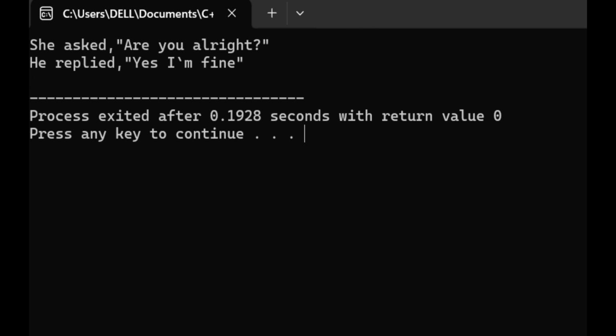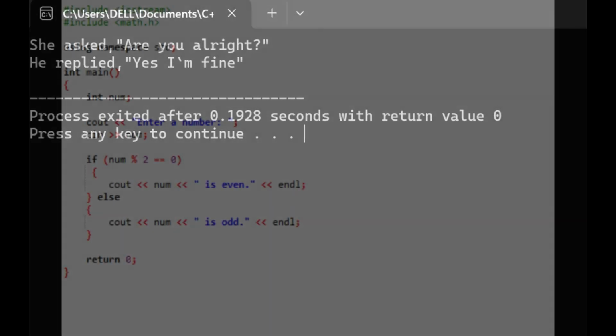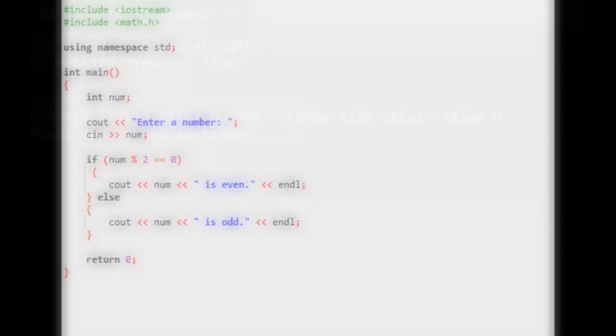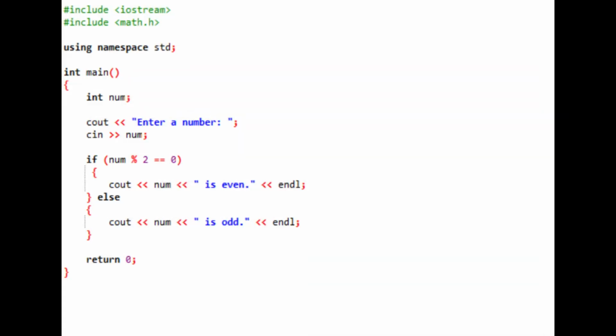Our next program is to find whether this number is even or odd. So here we use include iostream, include math.h. In this program we want to declare the integer num, so we save the number in num. Here we want the number from the user,